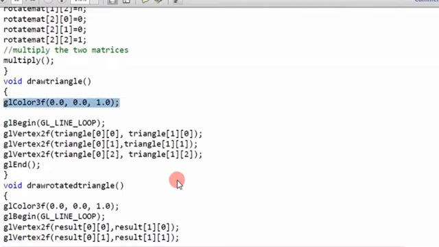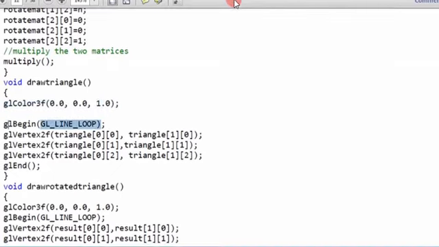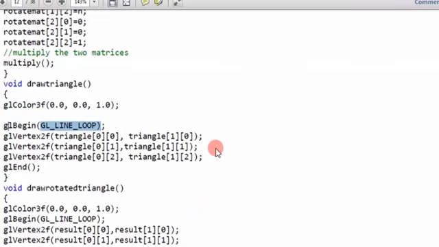So here we're going to mention the colors. Next is to loop the line, that is glBegin, GL_LINE_LOOP. Then next is the glVertex to the floating point, that is triangle 0 comma 0. The vertex is 0, x-axis is 0, and loop is 0.